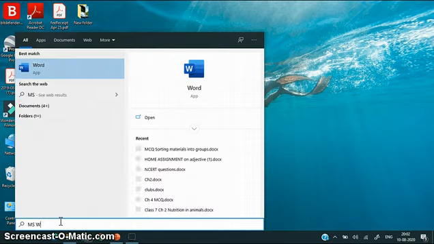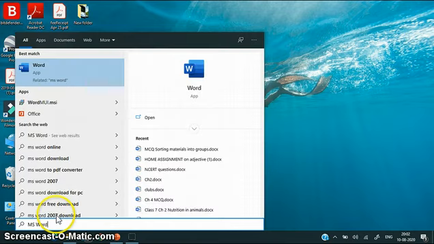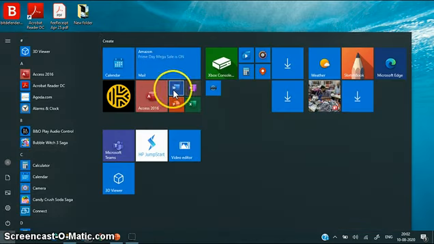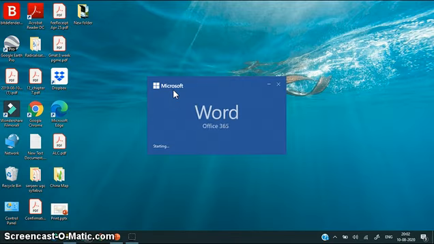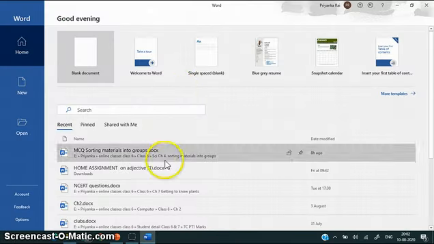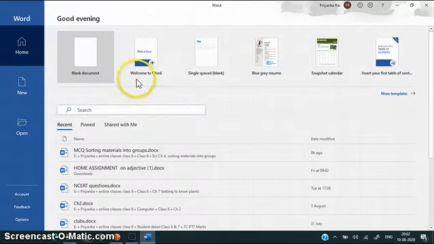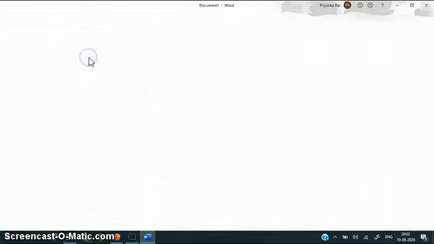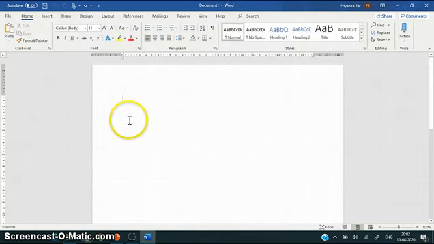and it will display. You can click it from here. So these are the different ways of opening a Word document. I am opening from here. I've clicked it and see, a Word window opens. If I want to create a blank document, I'll click on blank document and automatically a blank page appears. So this is the way through which you can open Microsoft Word.